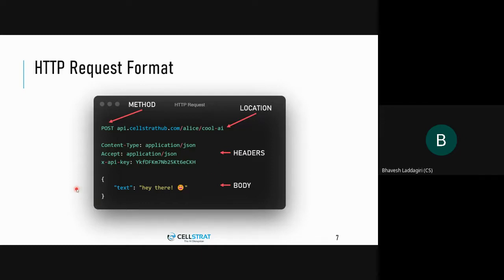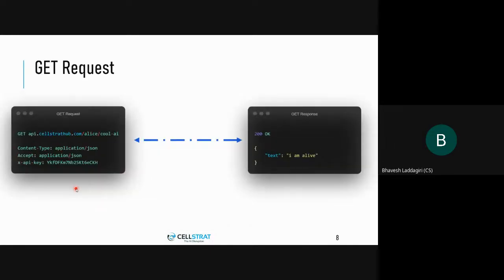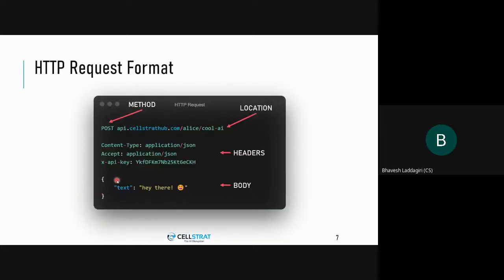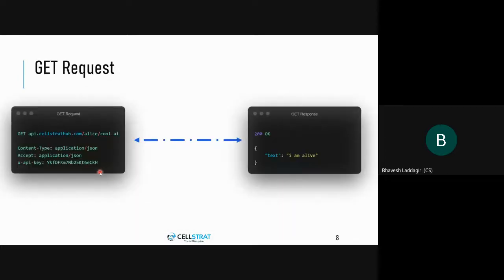If you have any questions regarding APIs, feel free to ask. Two methods are relevant to us in the CellStrat Hub API, and can be used with any of your deployments: the GET request and the POST request. A GET request is one where you don't have a body. We just call the server directly and the server responds. It's usually used for reading data from the server, or pinging a server. In our case, we'll use it to ping a model to load it into memory,